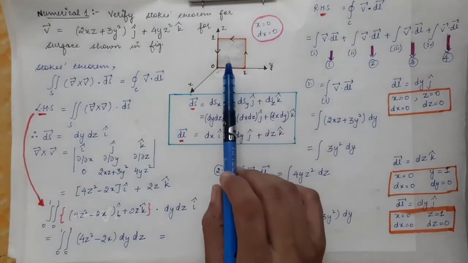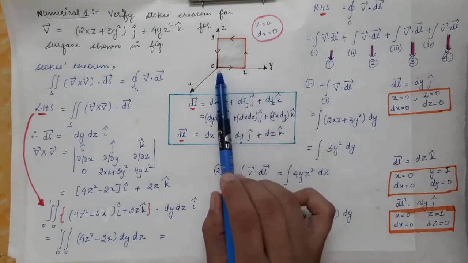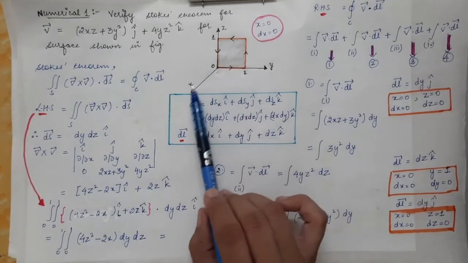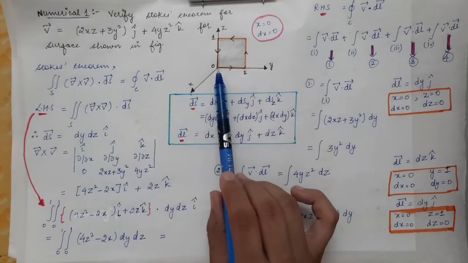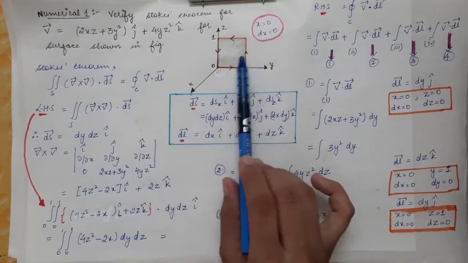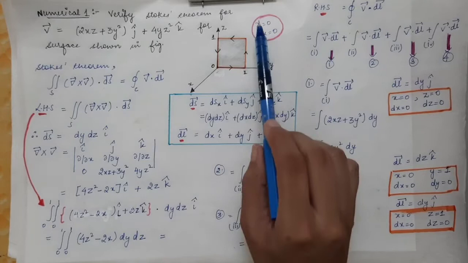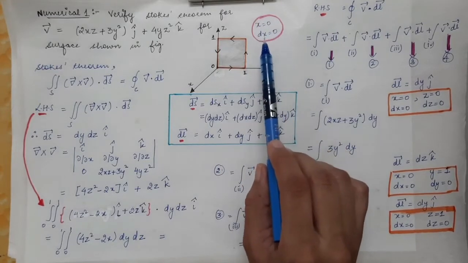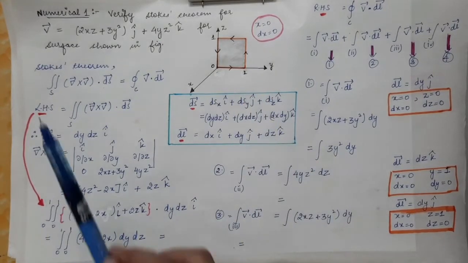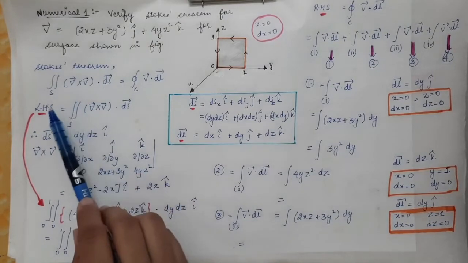In the figure we are given a sphere which is placed in the y-z plane, and the limits of y are from 0 to 1 and the limits of z are also from 0 to 1, and the x-axis is pointing out of the paper. So this surface is placed on the yz plane, therefore for all the points on the surface x will be equal to 0, and dx, which is the derivative of x, will also be equal to 0.